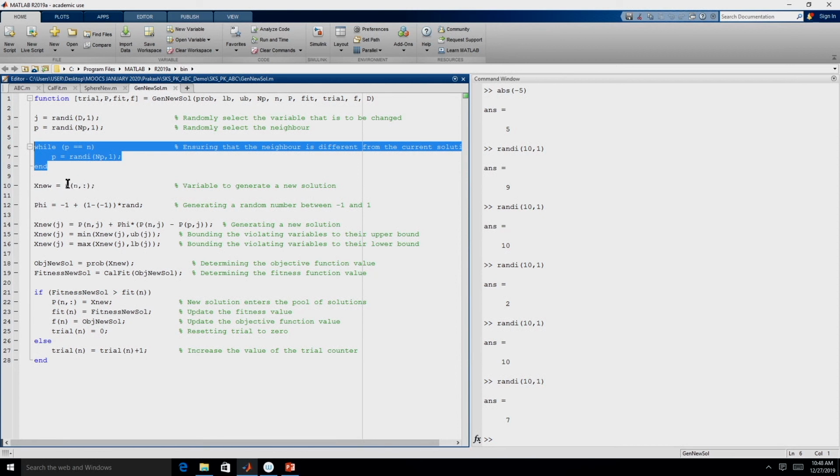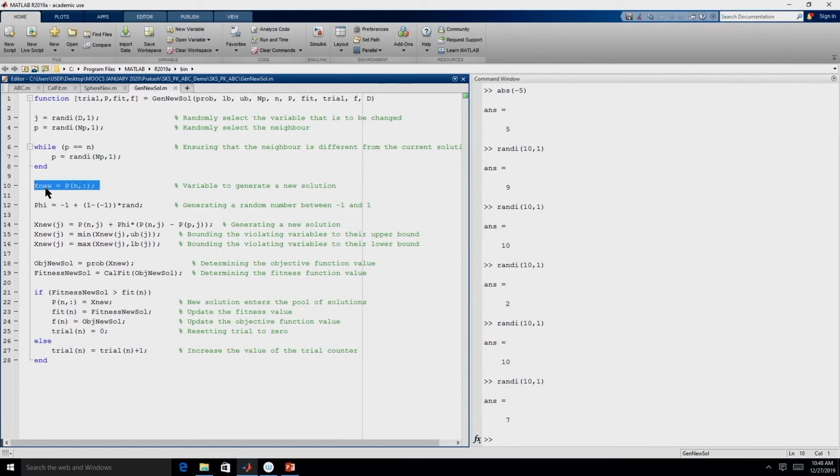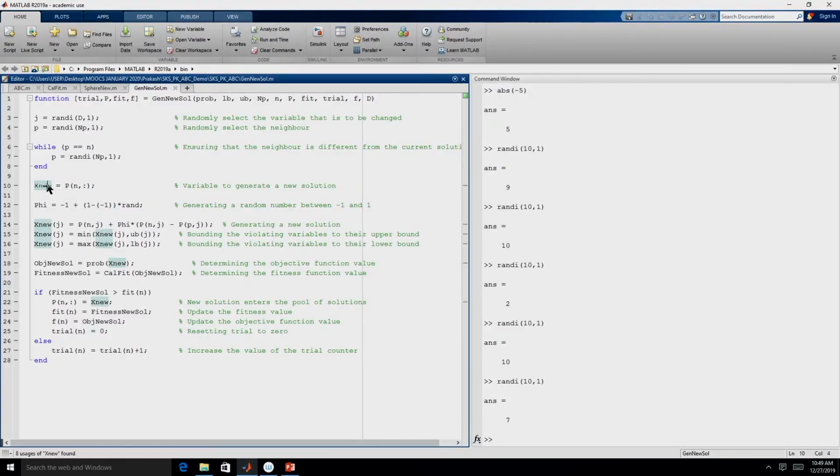Here we are assigning the member which is undergoing the employed bee phase to a solution called X new. Remember we will have to do a greedy selection, and we do not know whether this newly generated solution will be entering the population or not. So, we are just saving that particular food source into another variable X new.